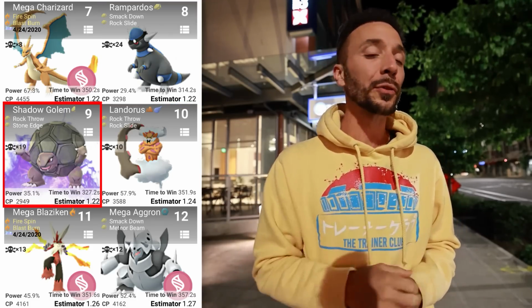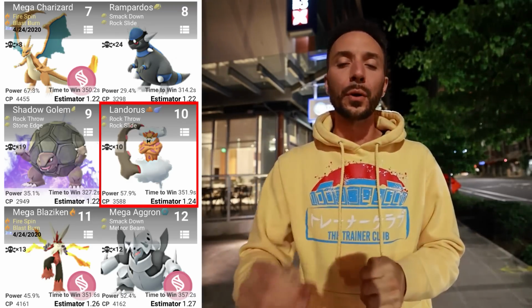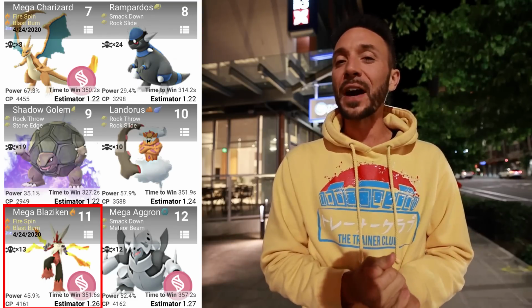In spot number 9, we're going to have the Shadow Golem, which is going to be Rock Throw and Stone Edge. In spot number 10, we are going to have Landorus in the Therian form with Rock Throw and Rock Slide. That Pokemon will actually not be affected by the Rock moveset because it's a Ground type Pokemon. So although it's not going to get that STAB boost for the Rock type, it's still a relatively effective Pokemon here. In the next spot, we have Fire Spin and Blast Burn on the Mega Blaziken,